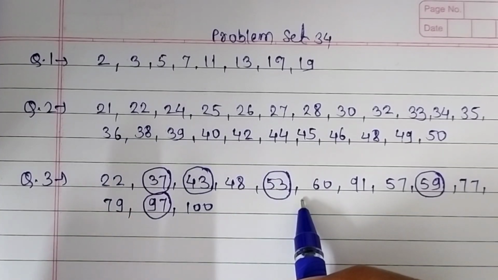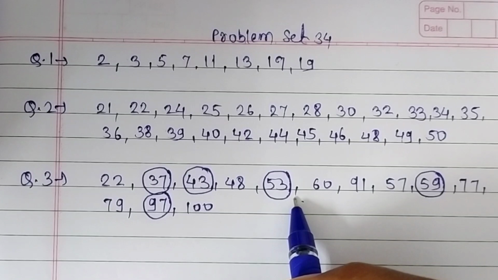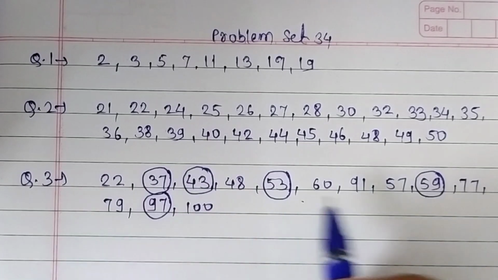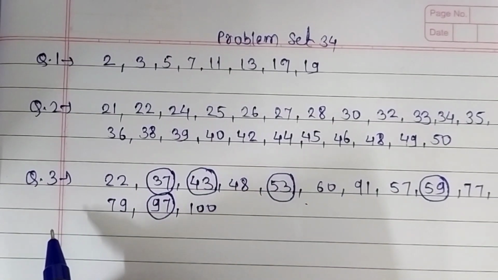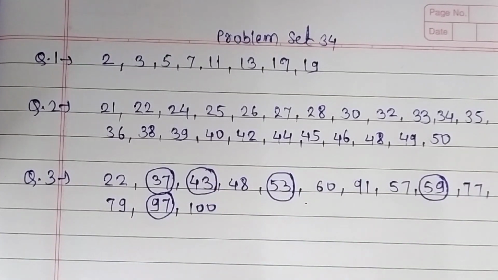So for practice you have to write the prime numbers between 1 to 100 and composite numbers between 1 to 100. You have to find them out by yourself, so you can easily solve this type of questions and there's nothing difficult for you. So at least one time you have to find these numbers yourself, make a list, and it will be easy for you.